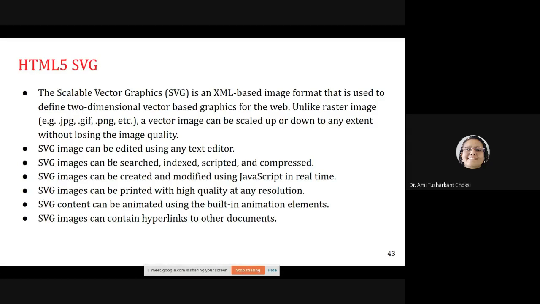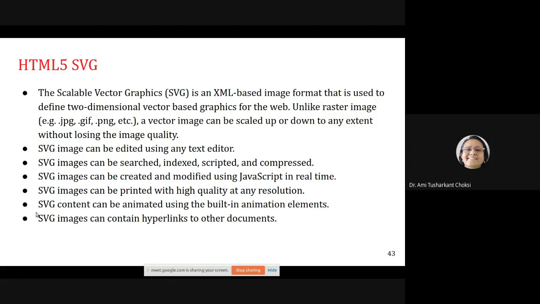SVG images can be edited using any text editor. SVG images can be searched, indexed, scripted, and compressed. SVG images can be created and modified using JavaScript in real time. SVG images can be printed with high quality at any resolution.